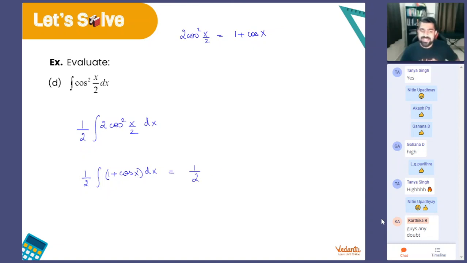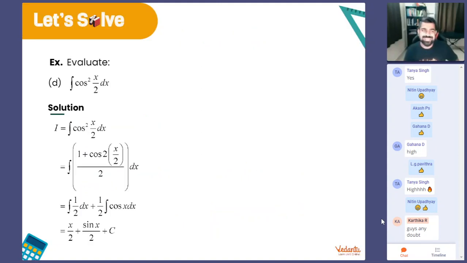Okay. So that is equal to what? I can integrate that like integral 1 dx plus integral cos x dx. Cool. So that's it, people. Integral of 1 is what? I already taught you, it is x. Integral of cos x is plus sin x. Okay, don't tell minus sin x. It is plus sin x. So that is the way you do it. I hope you're all clear with it. Did you all like it? So we have x plus sin x by 2 plus c, which is exactly what I got. Cool.